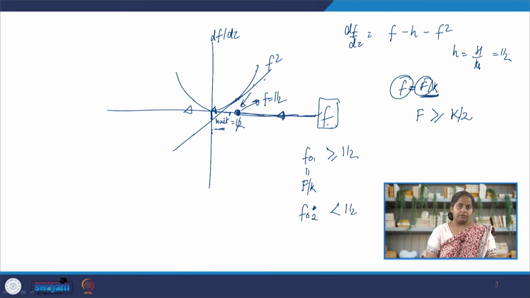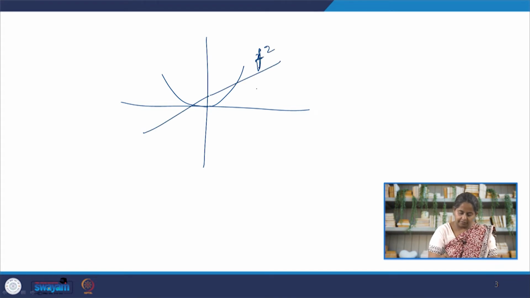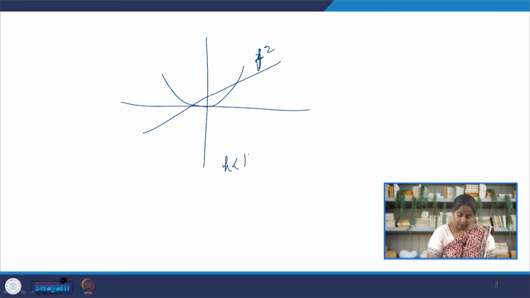Now let us look at what happens when we have two fixed points. So this is our curve, f square, and this is our line. H is in this case clearly less than 0, but it does not have to be less than 0. What it has to be is less than half. H is less than half, it is intersecting in two places. One is here, the other is here. We already went through this. On the left side the curve is above the line, so df by d tau is going to be negative. Here it is going to be positive. Negative, stable,